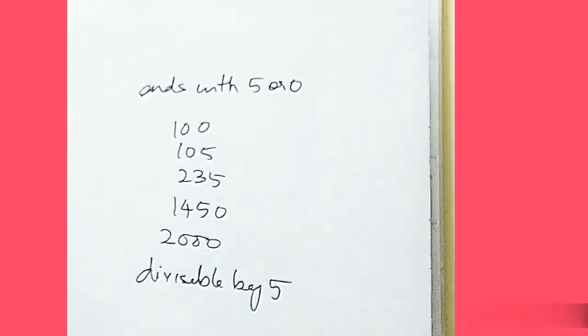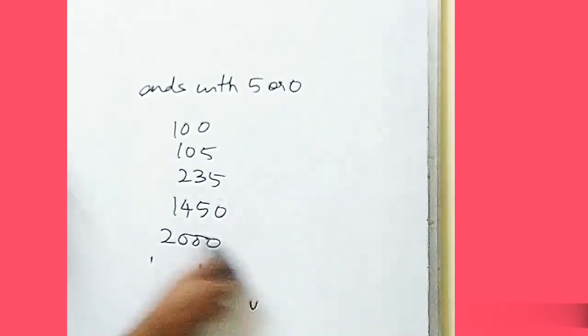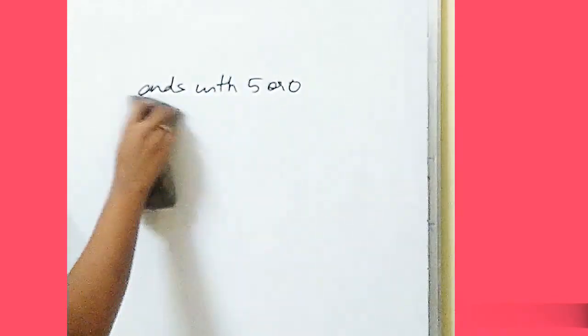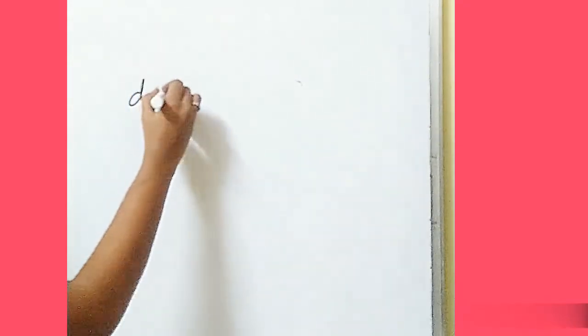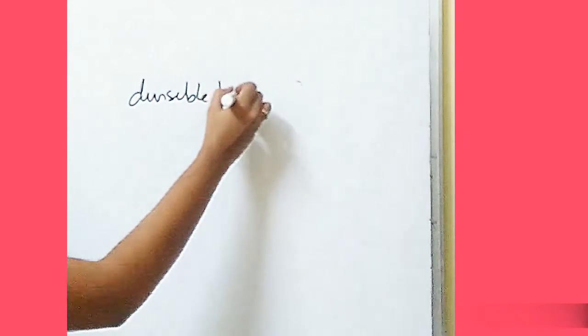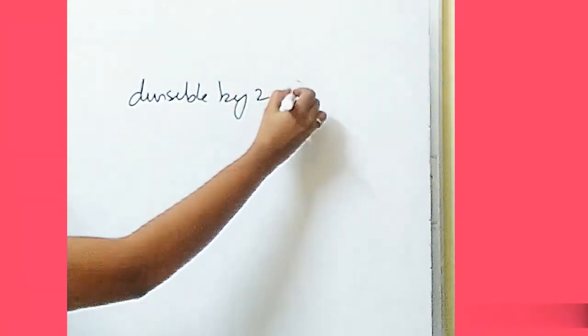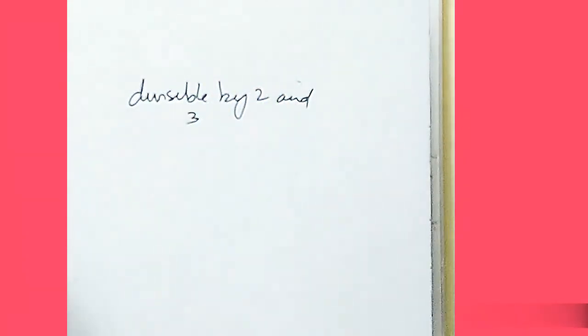Okay, students. Now we'll come to 6 table. For the 6 table, what will we do? The 6 table simple rule is that a number should be divisible by 2 as well as by 3. You know the test for 2 and 3. We only just discussed it. If I'm taking a number like